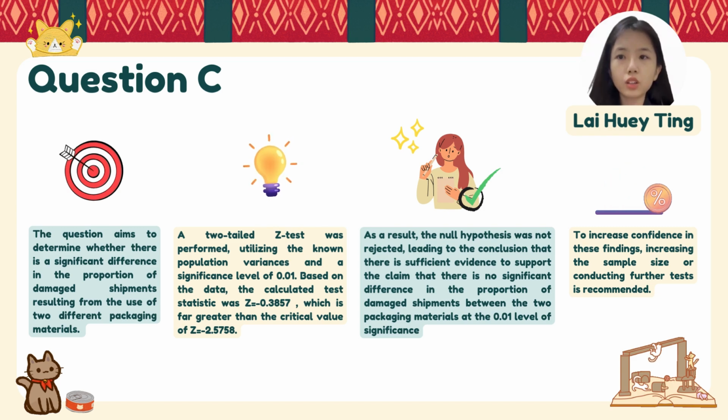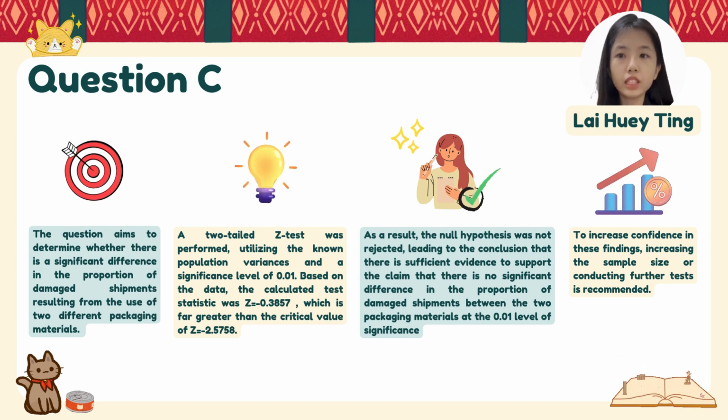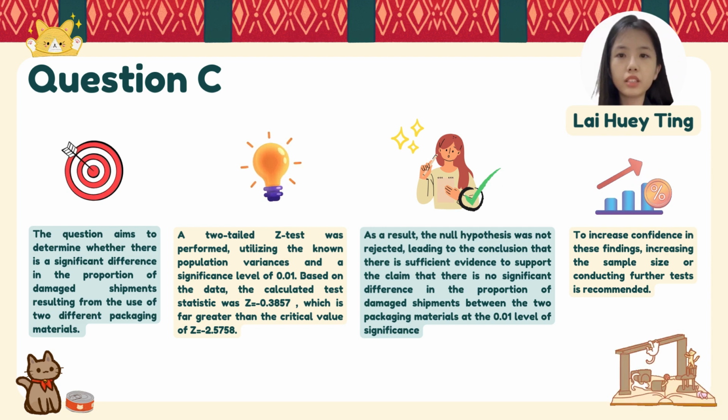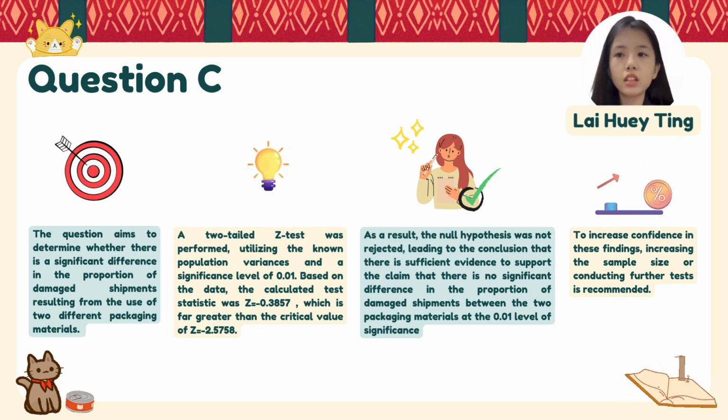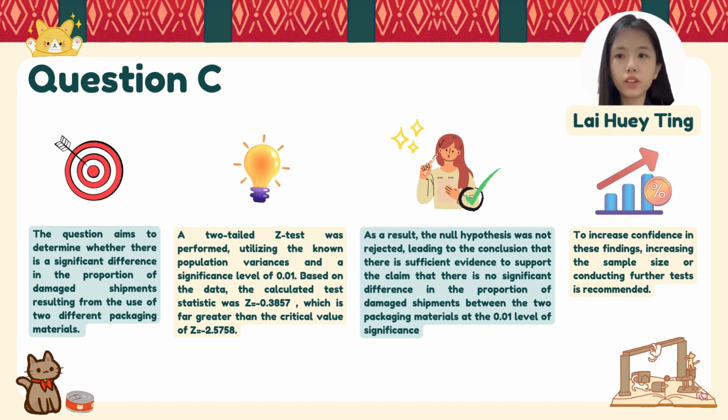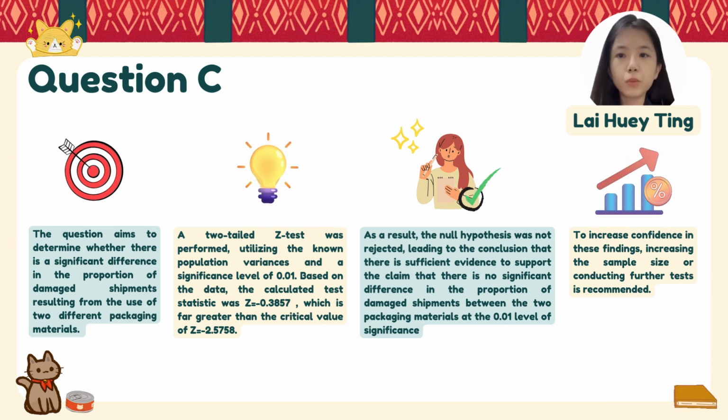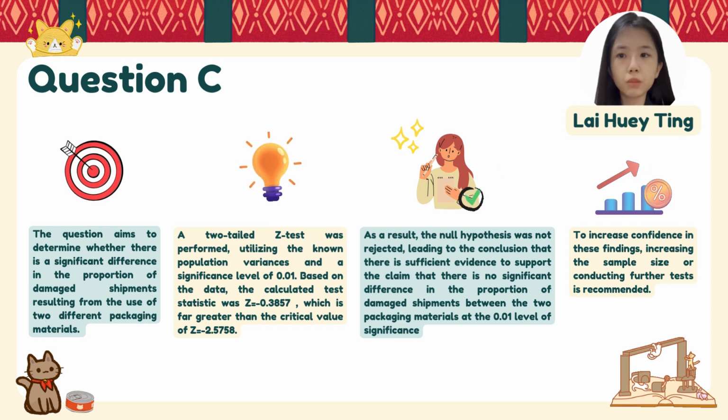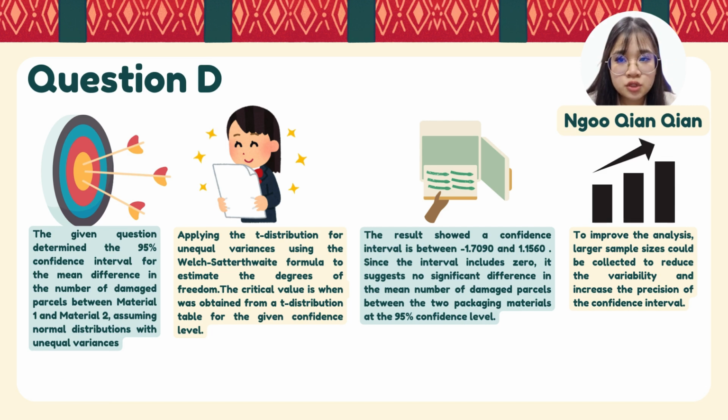This leads to the conclusion that there is sufficient evidence to support the claim that there is no significant difference in the proportion of damaged shipments between the two packaging materials at the 0.01 significance level. To increase the confidence in these findings, it is recommended to either increase the sample size or conduct a further test. The discussion for question D is: the given question determines the 95% confidence interval for the mean